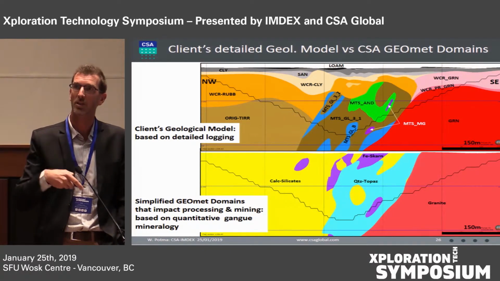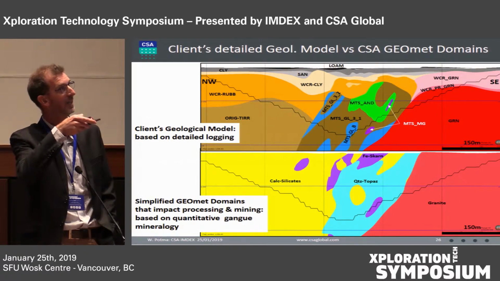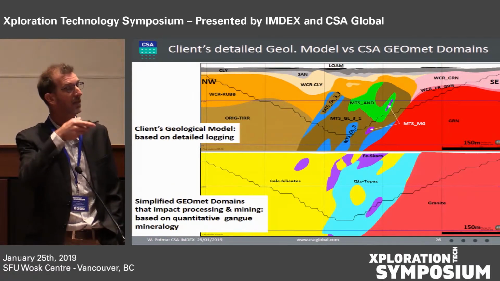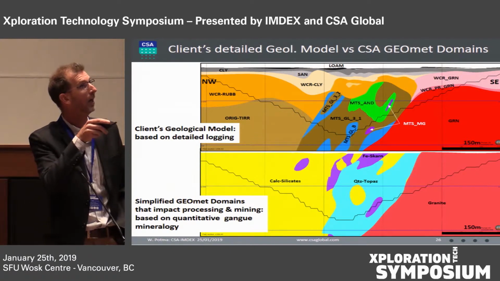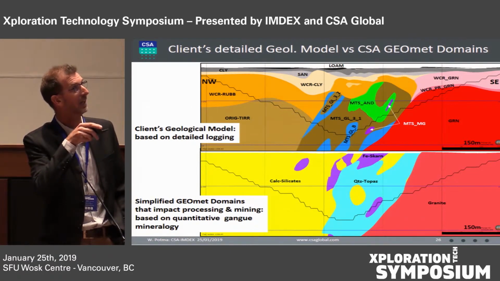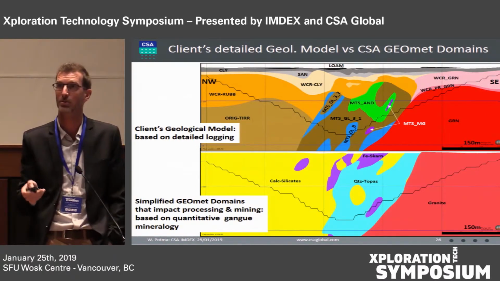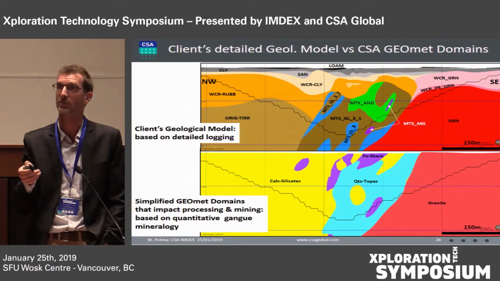And you can then slice these models and start to see, oh, our quartz topaz, which is our zone with our highest grade tin, and for that matter, fluorite, is quite a large volume. The magnetite skarn is less, and the calc silicates are predominantly outboard. So we start to now understand our spatial distribution better, and we can design all sorts of test work based